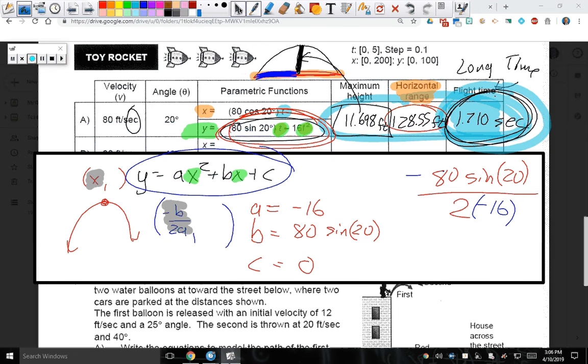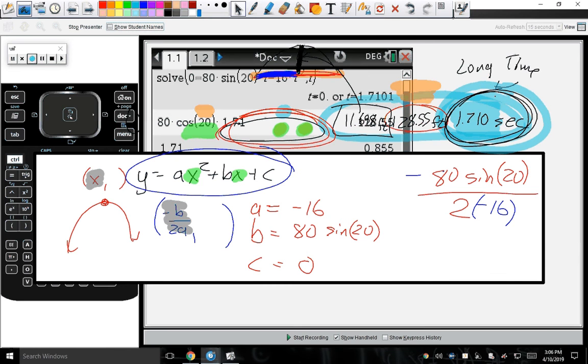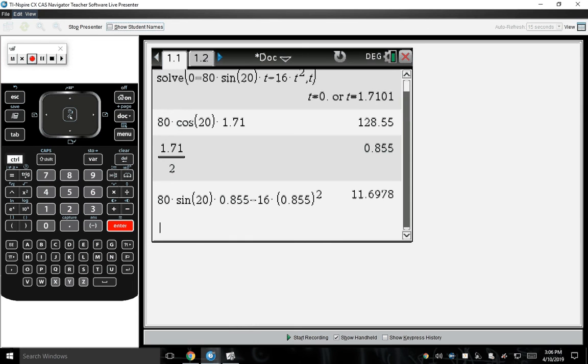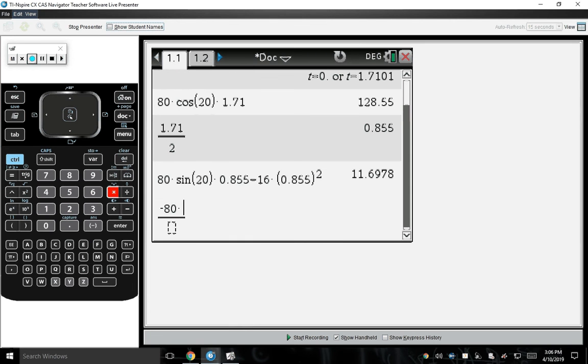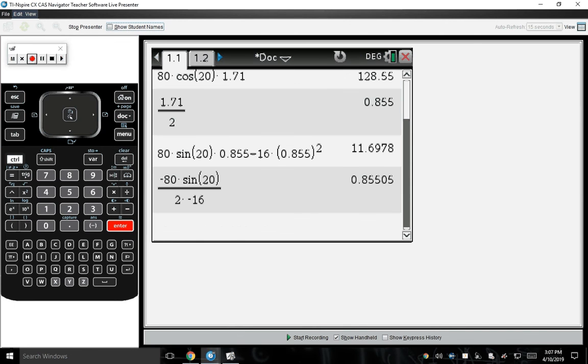Okay, so let's go ahead and go to the calculator. So we have, Control divide, negative 80 times the sine of 20 divided by 2 times parentheses negative 16. Look at that, you get the same thing. So now that you have the x value, you can just plug it into the x and the y to see how high was it there. Or you can multiply it by 2 and plug it into the x to see how far was it launched. Does that make sense? More than enough stuff to do very well on the quiz today. Okay, so what I want you to do is I want you to